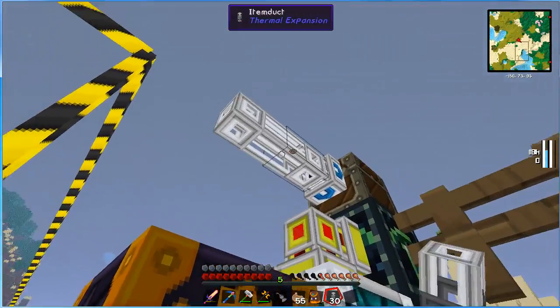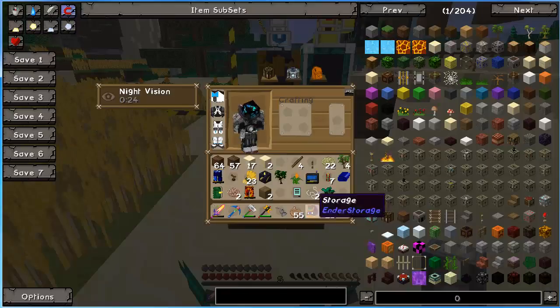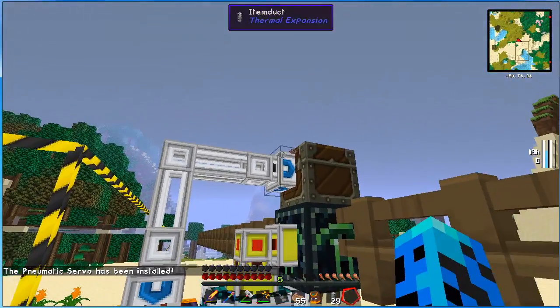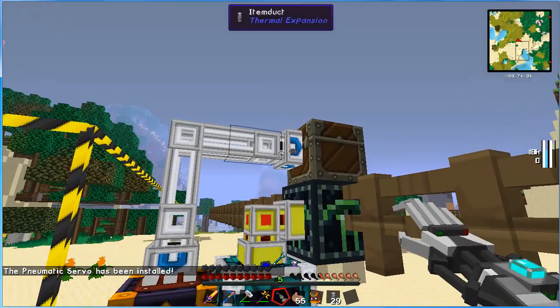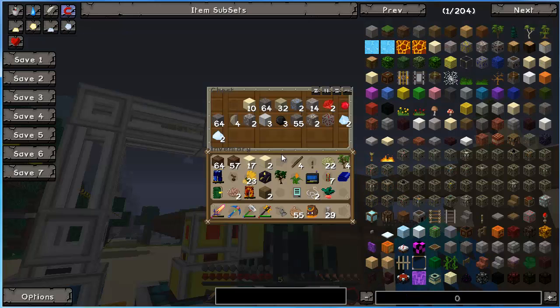So, have no fear. I can rig up something. See if any servos in here. Oh, yes. Never leave home without your servos. That's not what I want. And give you a little whack here. There we go. That should start clearing out